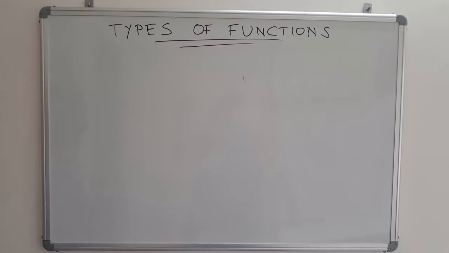If you want to know more about functions, you can check a video in my playlist for 11th standard. Today we will be discussing mainly three types of function. One is one-one, otherwise called injective. The other one is onto, which is called surjective. And at the end, we will study both one-one and onto function, which is called a bijective function.